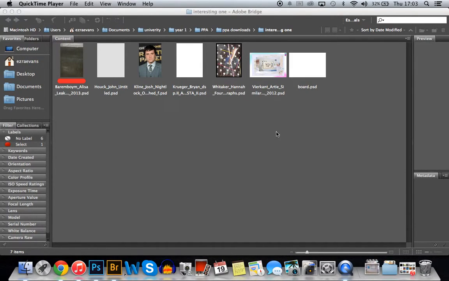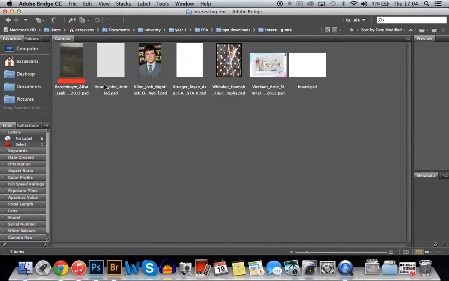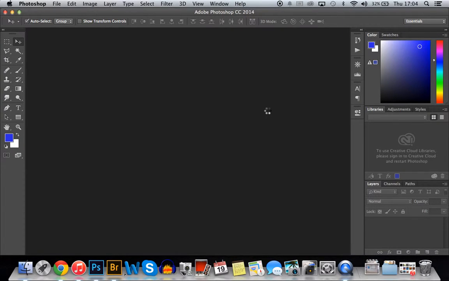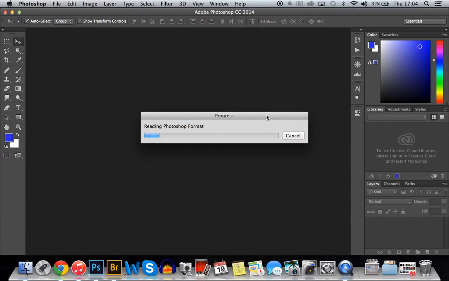Okay, so for our first task on appropriation, we were given a selection of images. These here are the ones that I thought were interesting to download off of the internet and to basically look at. On the surface, a lot of the images looked a little rubbish, but then they're brilliant because I opened them up in Photoshop and they're like little games and puzzles, and in a way they're kind of like jokes. Most of them have puns within the title,